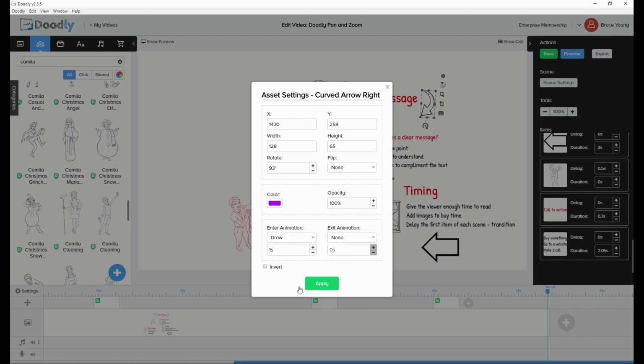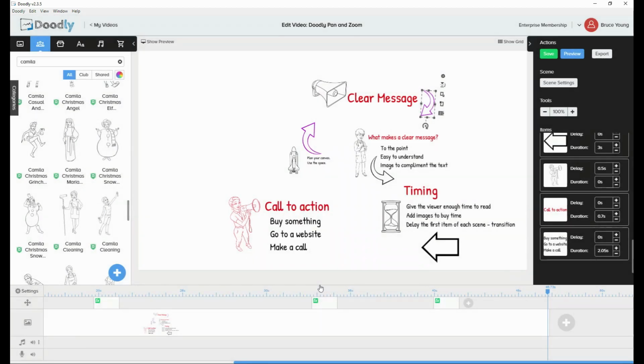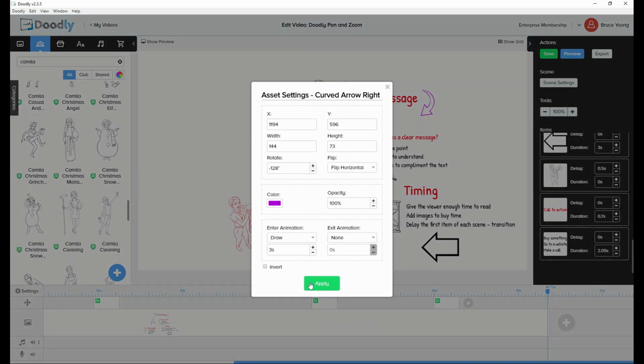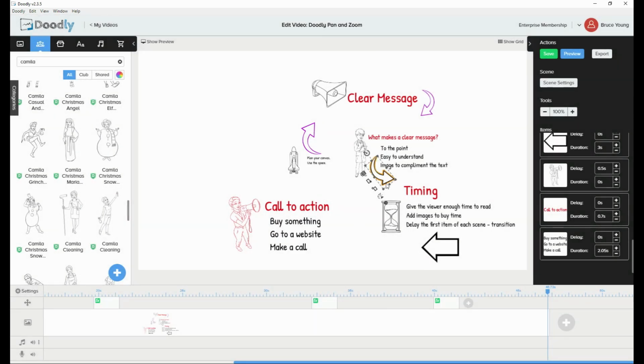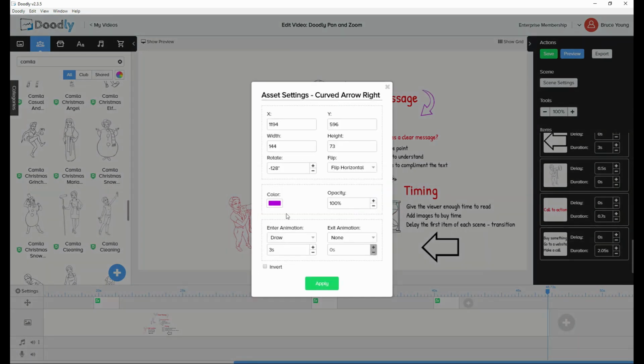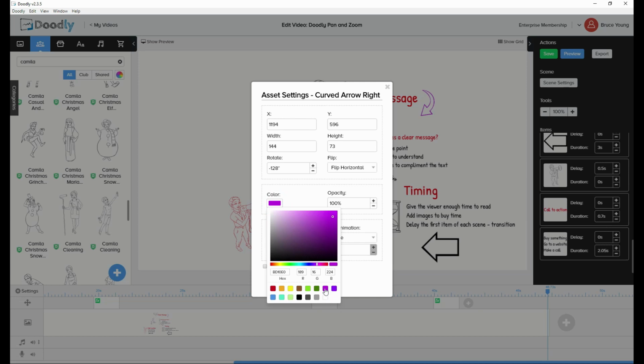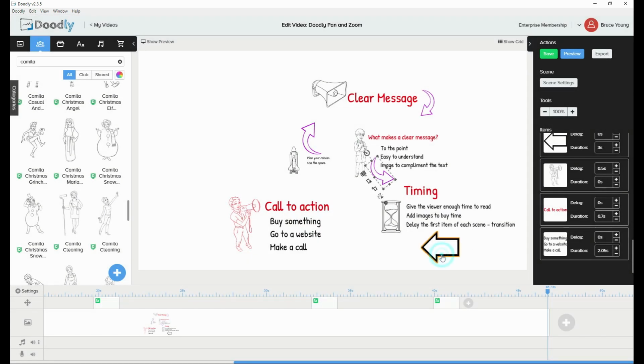Choose that. Now we have to select color, purple, color,